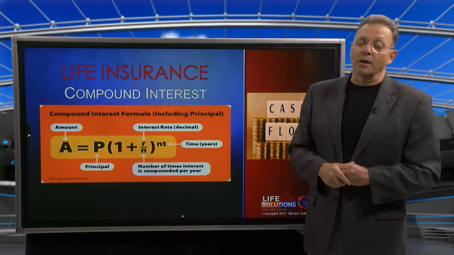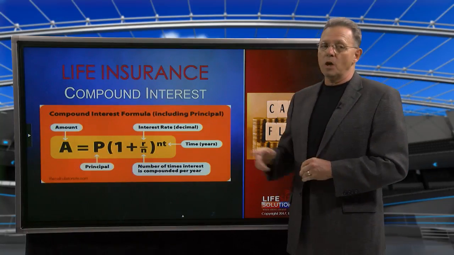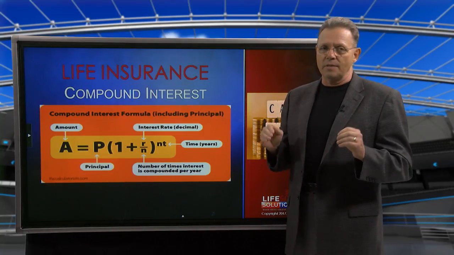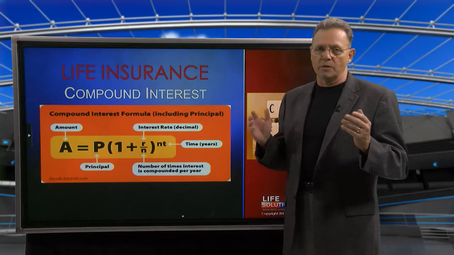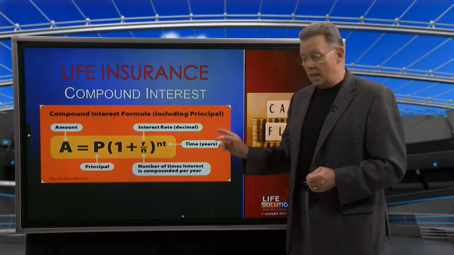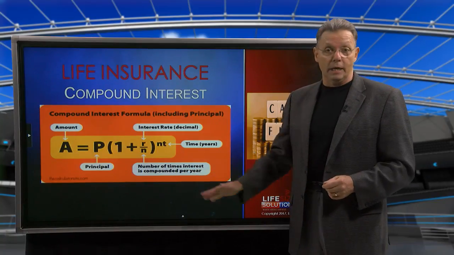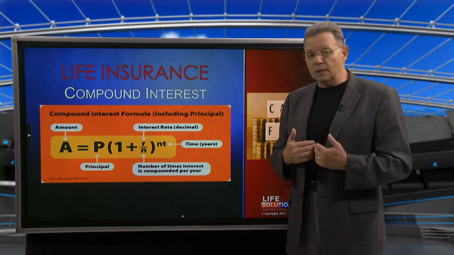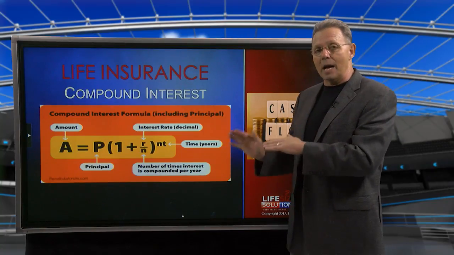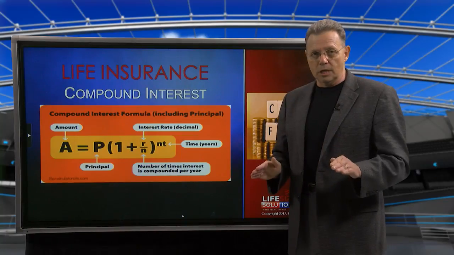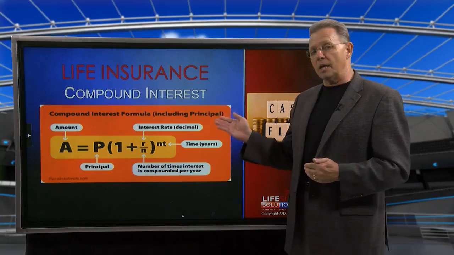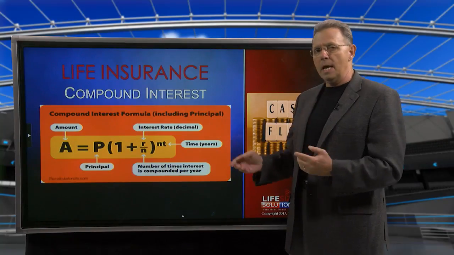Well, here's the formula for compound interest, and you know that this is always attributed to Albert Einstein, but I don't think there's any real evidence that Albert Einstein ever said that compounded interest was the greatest formula he ever discovered, even greater than E equals MC squared. But in compound interest, this is the very basic formula, and of course, I use an HP12C, some people use Texas Instruments. When you look at this, this is a basic idea, and if you have compounded interest on a life insurance contract, because remember, it accumulates tax deferred, so you're talking about using compounded interest. This is a major formula and why things work.